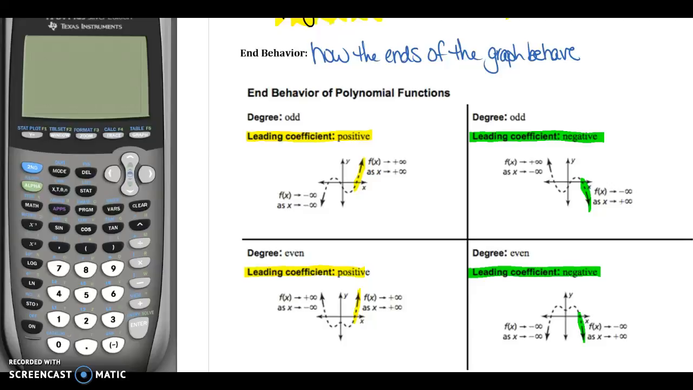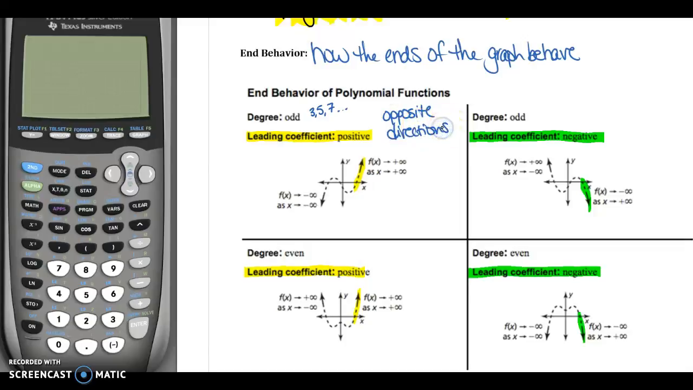If the degree is odd, notice on the top part of this chart, both of these have an odd degree. That means your largest exponent is like 3 or 5 or 7 or something like that. If the degree is odd, the two ends point in opposite directions. So odd degree, the ends point in opposite directions. I apparently can't spell opposite today. Opposite